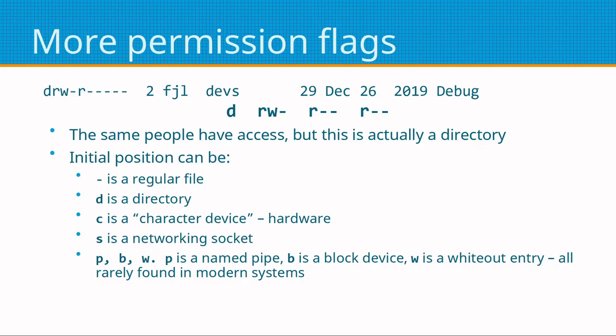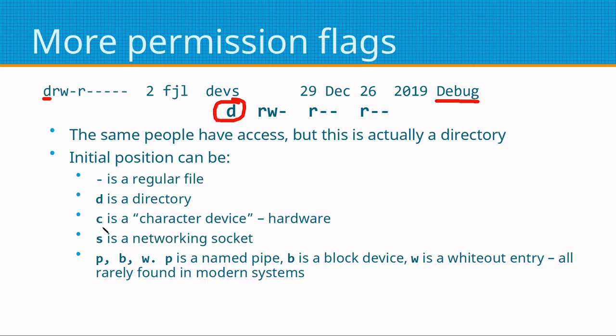Now we come to the actual first attribute. So we're looking at another entry here, and that actually has a D as the first attribute. What does it mean? It actually means that this is a directory and not a file. And in fact its name is the debug directory, where the debugging files are. So other things that can go in there, dash, as we already know, is a regular file, D is a directory, C is a character device, which is